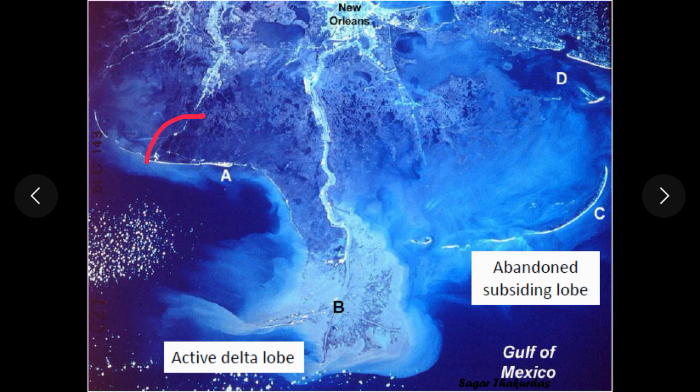Here also you can see one more delta lobe which has been abandoned and is undergoing destruction. If you remember, this Mississippi Delta consists of 7 delta lobes as per the old theory, and one of these delta lobes is active and undergoing construction, and the others are undergoing destruction. So this is the example where two phases are operating at the same time. Construction as well as destruction is happening at the same time in different delta lobes.